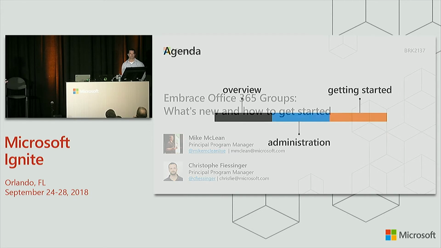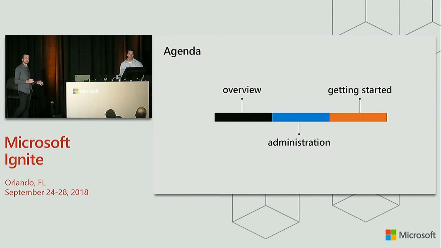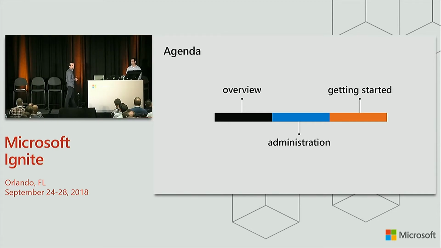Now, what are we going to do for the next 75 minutes? We basically have three sections. The first theme is to give you an overview of Office 365 groups. One of the questions we get quite often, we were both staffing the booth yesterday, is: what is groups? Is Teams replacing groups? Should I care about groups? How does it fit in our M365 strategy, et cetera? So we'll try to answer that question in that first section.